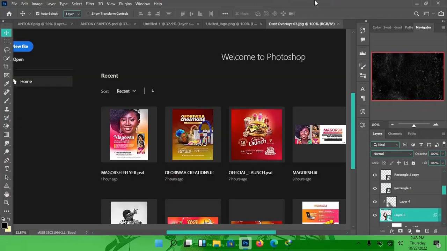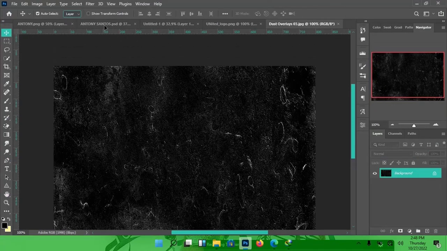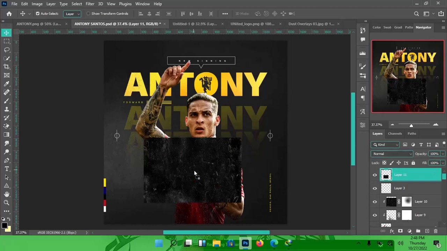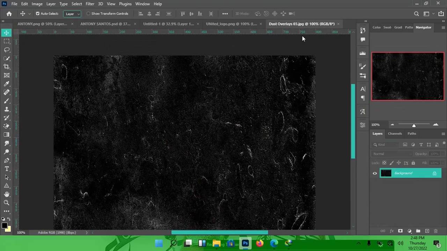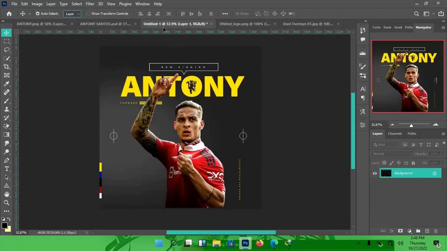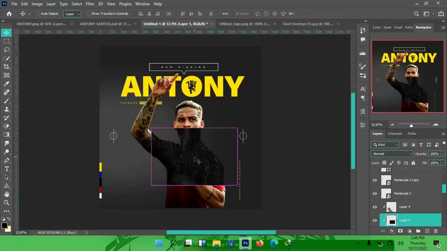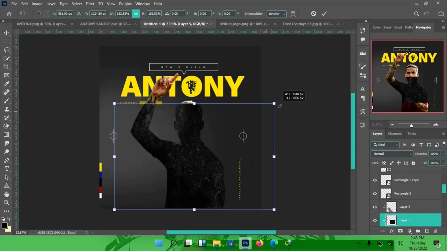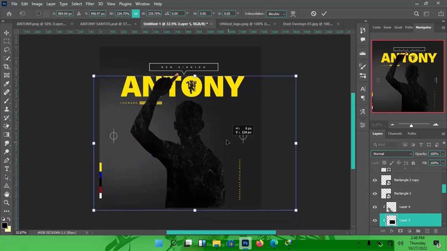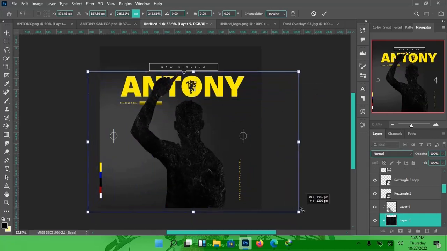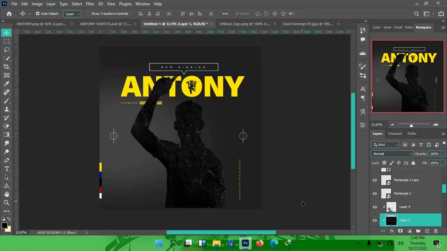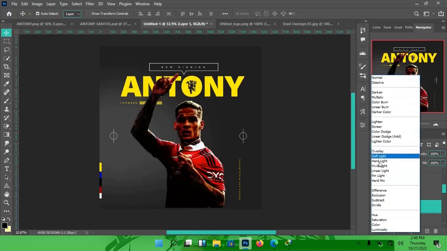That's texture 3. So we just release, drag and release, just bring it here. Okay, then scale it up. Okay, and take it to the very top of this layer. Okay, good. And then change your blending mode to what,